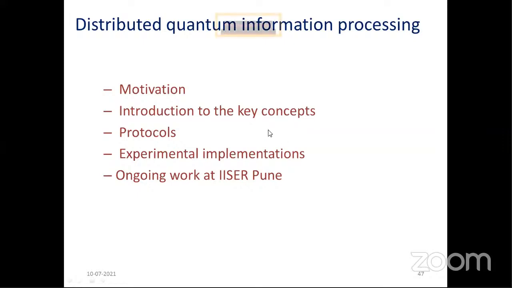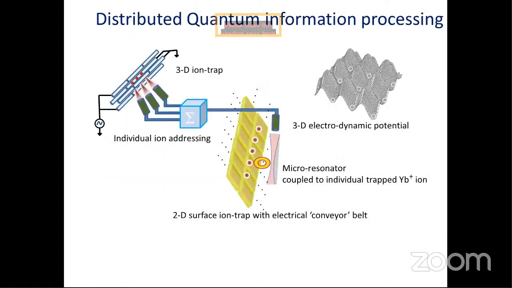Now, in order to overcome that problem, one of the things is that you don't put all the qubits in just a single physical location. You put a few qubits in one single location, and then a few more qubits in another physical location. And then what you do is you transfer quantum information from one location to the other, so that you multiply the number of qubits in some fashion.